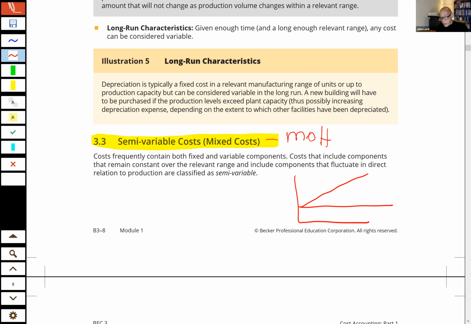the variable component. And so when you think of manufacturing overhead, some manufacturing overhead is fixed, like our depreciation. Some manufacturing overhead tends to be mixed. Like I mentioned, utility bill tends to be manufacturing overhead. So if you took your total of all your manufacturing overhead, it probably does look something like this, doesn't it? Thus, you can use regression analysis, et cetera, to predict what your overhead costs are going to be.